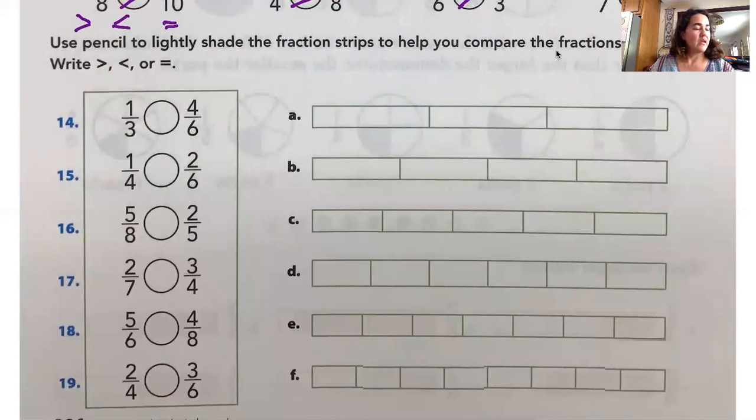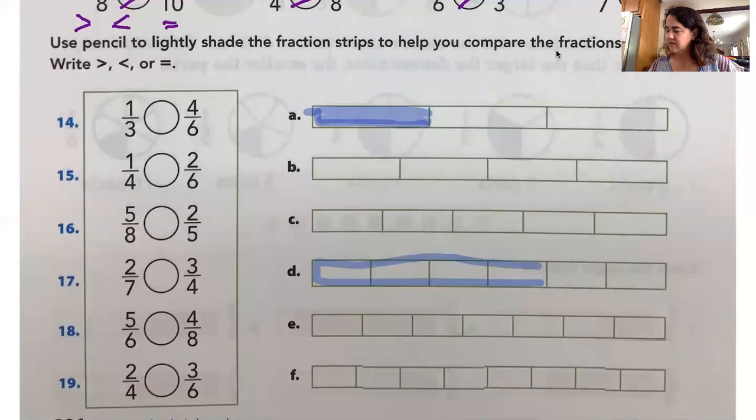So we need to look at 1/3 and 4/6. Well, here I have 1/3 should be lightly shaded here. And 4/6, let's see, we'll go here. You see how I did that? So which one is greater? Okay, so 1/3 is less than 4/6. And then I have 1/4